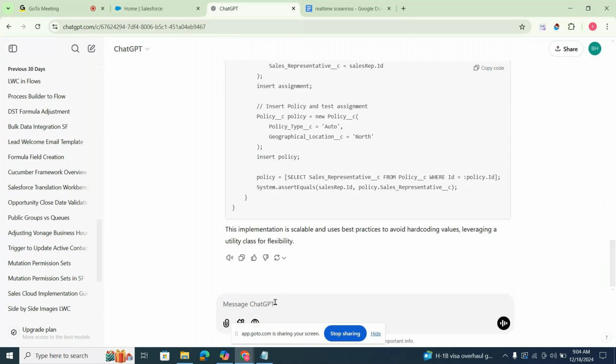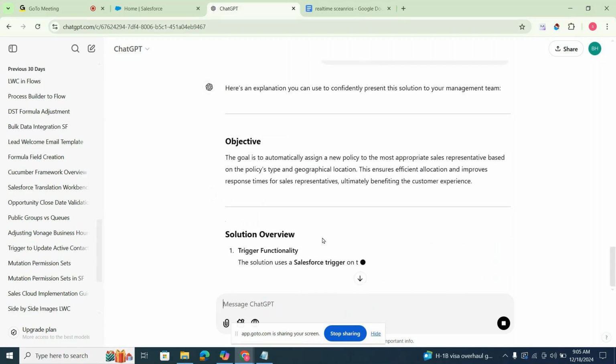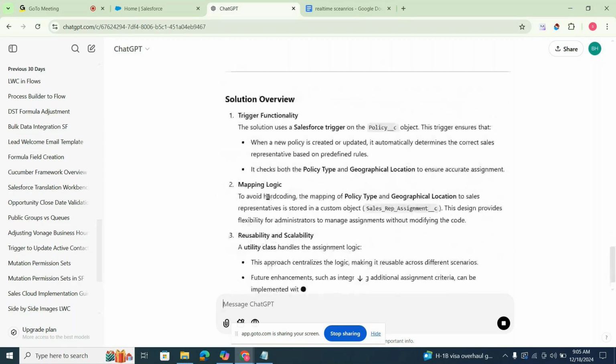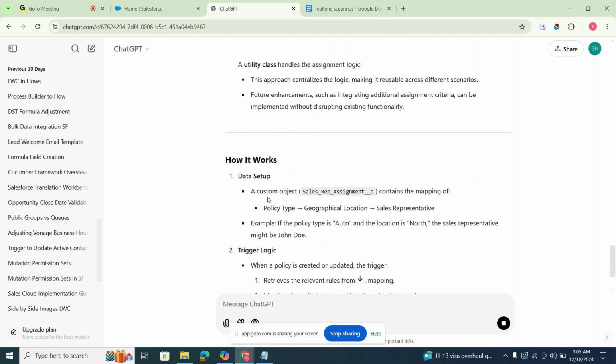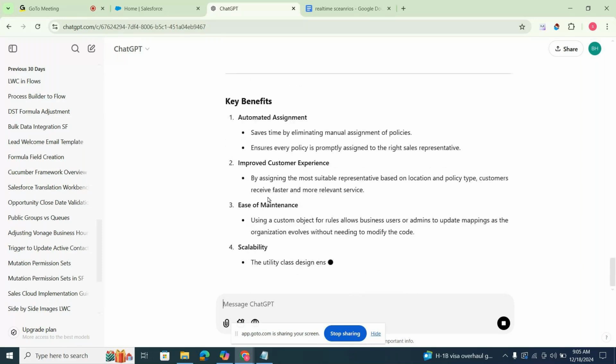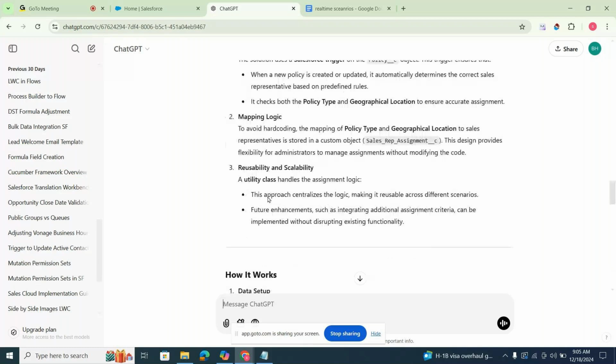If you need an explanation, I need to explain in front of my management team. If you know how to prompt, it will give the answer, and the logic also. Everyone able to see the answer? For the people who are facing fear, these AI tools will definitely be helpful. Swati, are you able to see? Yes, I can. But if you know the concept, it will be very easy.